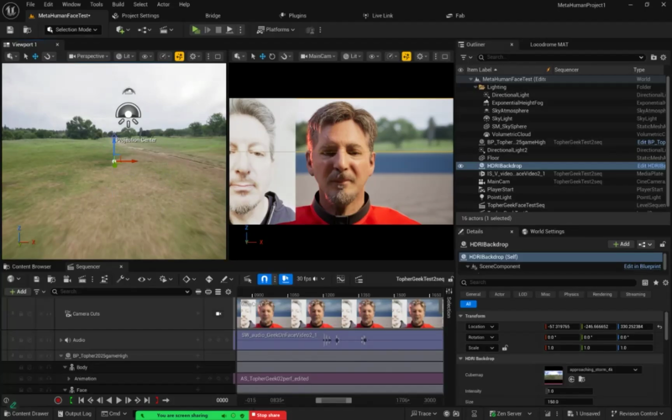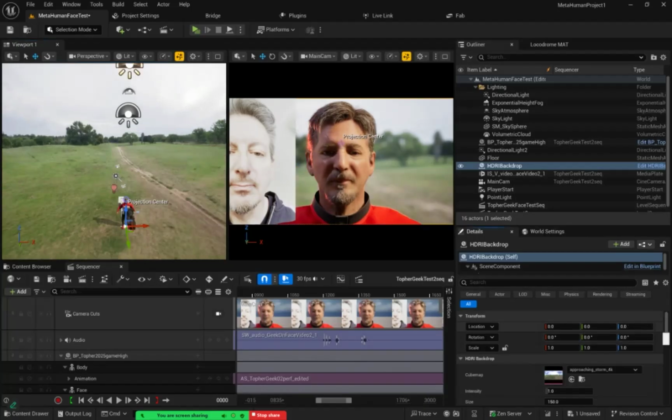Usually it's not in the center of the world. You can see I have all kinds of numbers here. It's currently selected in my outliner, and I have all kinds of numbers, which means that it's not in the center of my world. I will go ahead and click the little arrow button next to those to center it,